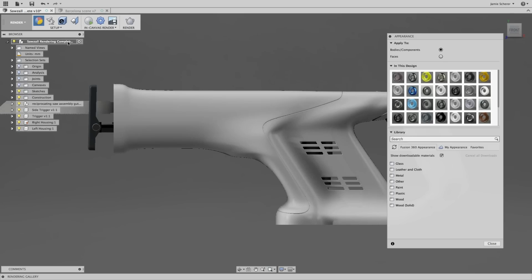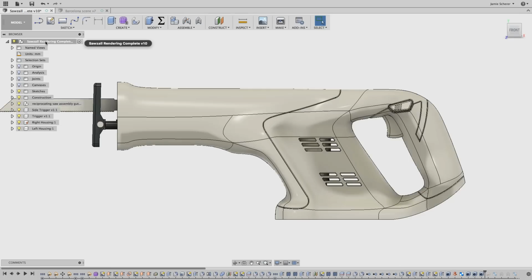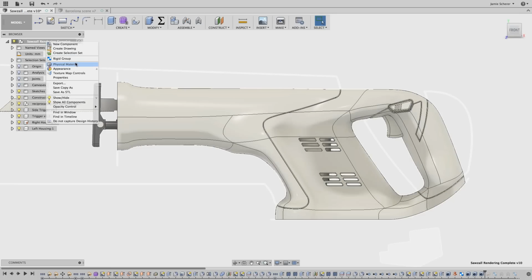Physical materials inside of Fusion, which you'll also find if you go back in the model workspace and right-click on the top of the browser, you'll find physical materials and appearances. Physical materials are the actual material characteristics of the components that you're building. So we can make something look like it's wood, but if we apply a physical material of aluminum, it's going to have the weight, mass, center of gravity, material characteristics of